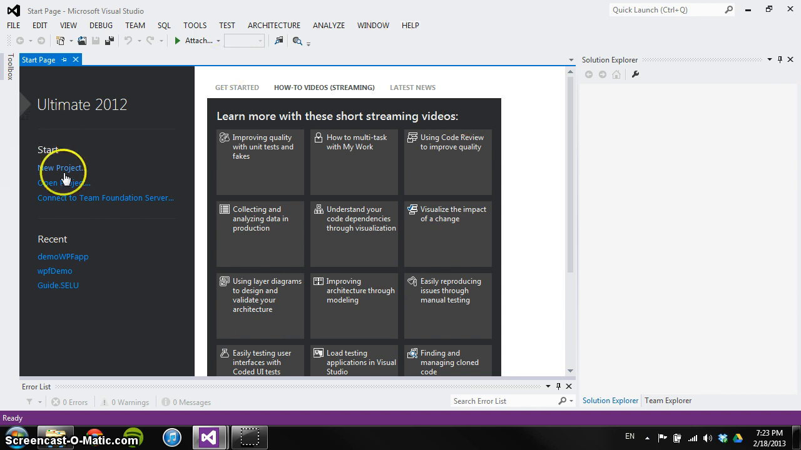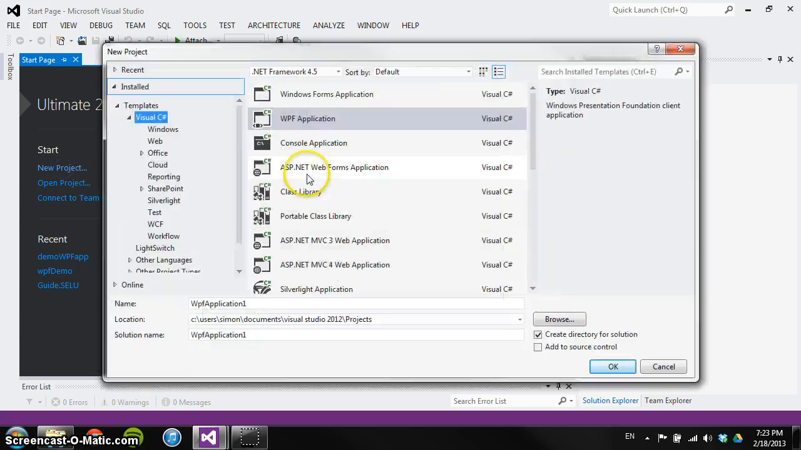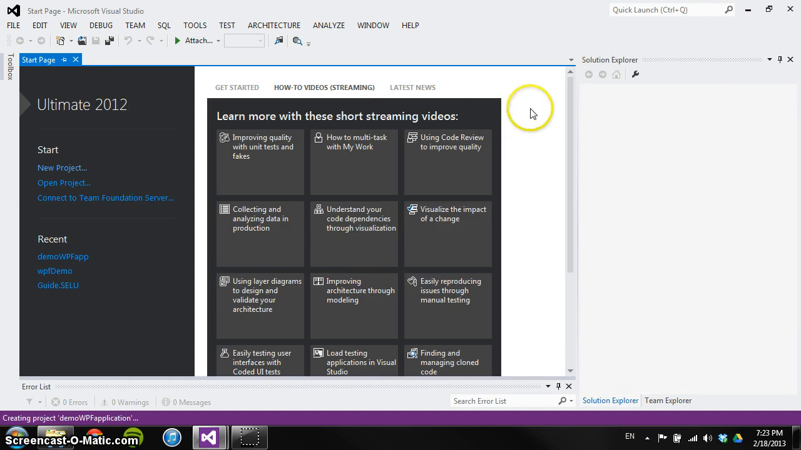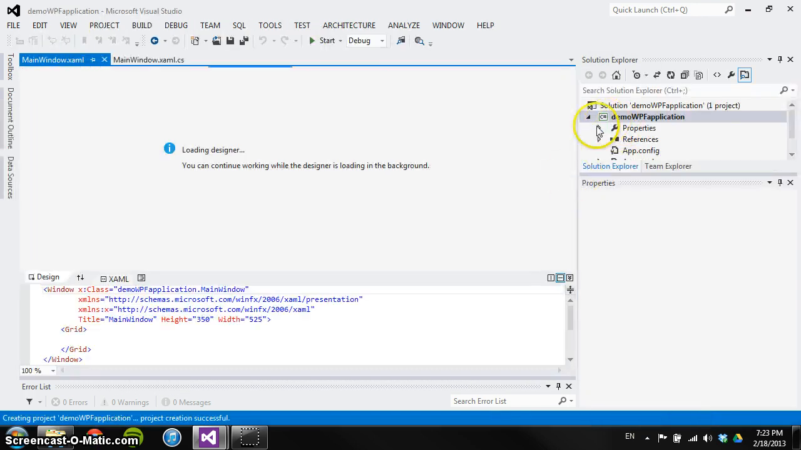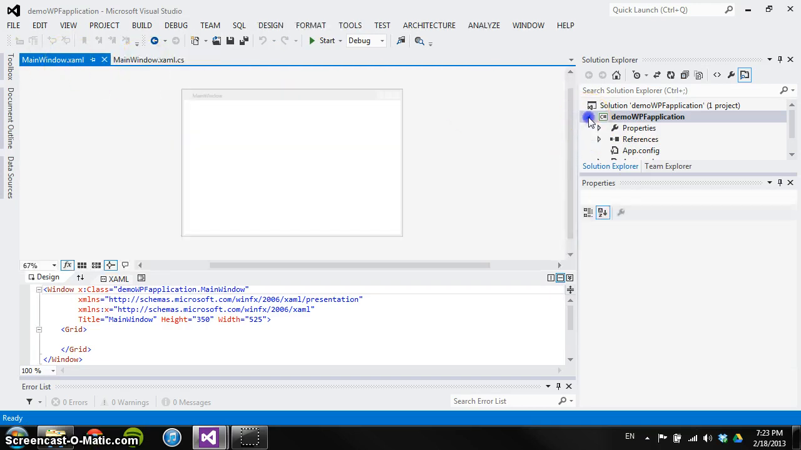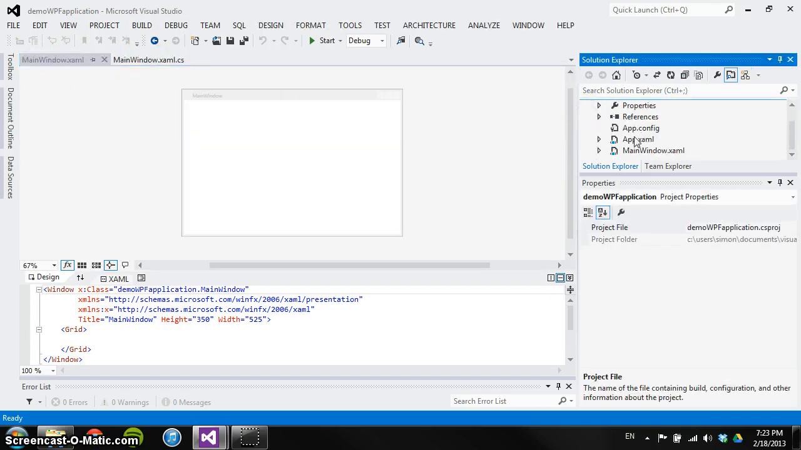So let's get started. First thing we're going to do, obviously, I've already opened up Visual Studio 2012. I'm just going to hit New Project, and let's call it Demo WPF Application. Okay, so it opens up a very simple main window and the corresponding files that it needs for a simple